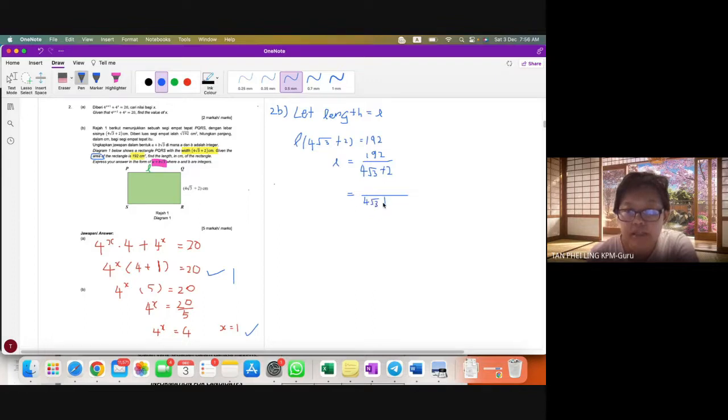So you can either start from the first step or you start from here, you multiply top and bottom with the conjugate. What's the conjugate? Anybody? 4 square root 3 plus 2 becomes minus 2. So top and bottom the same: 4 square root 3 minus 2. Okay, 4 square root 3 minus 2. So now we have